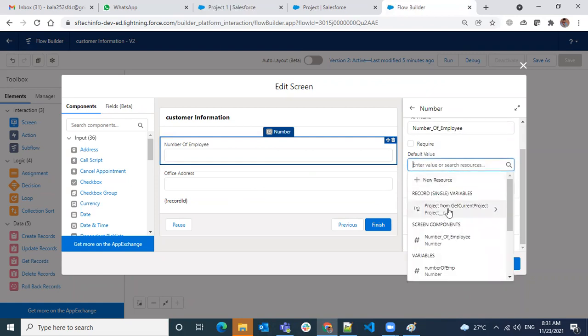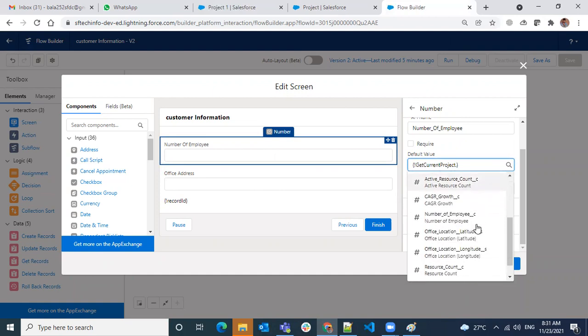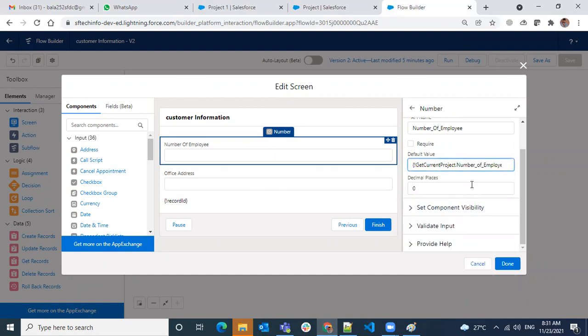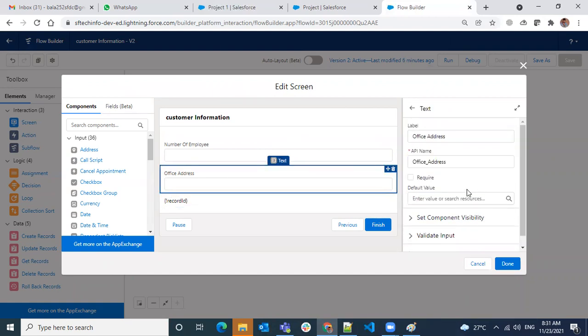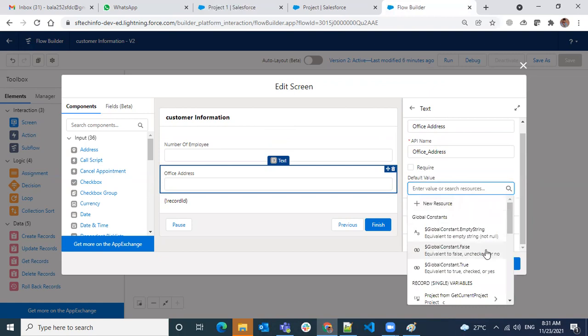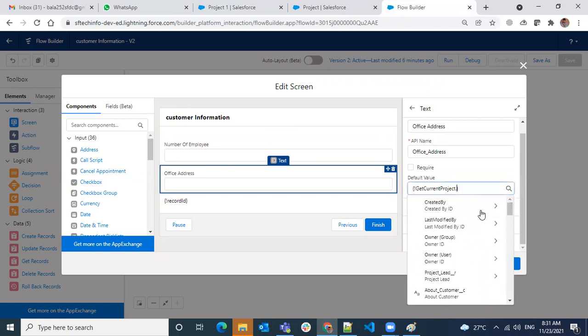The default value will be in this step, project from Get Current Project. In this record, I want to use the number of employees. This field will be my default value here, and same for the office address. Office address will be, let me remember what the field name is.